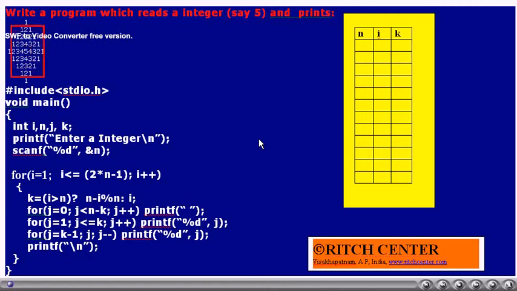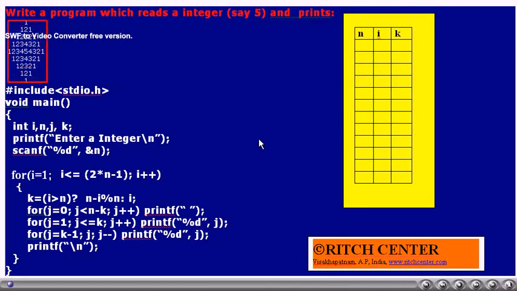If you see a typical row of this figure, for example, the fourth row, we wanted a space, then we wanted 1, 2, 3, 4, then 3, 2, 1. That is, in the fourth row, numbers starting from 1 to 4, followed by numbers 3, 2, 1.